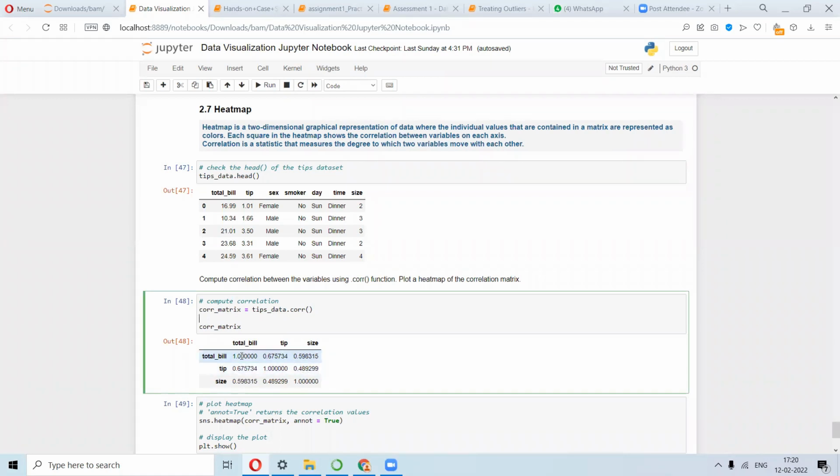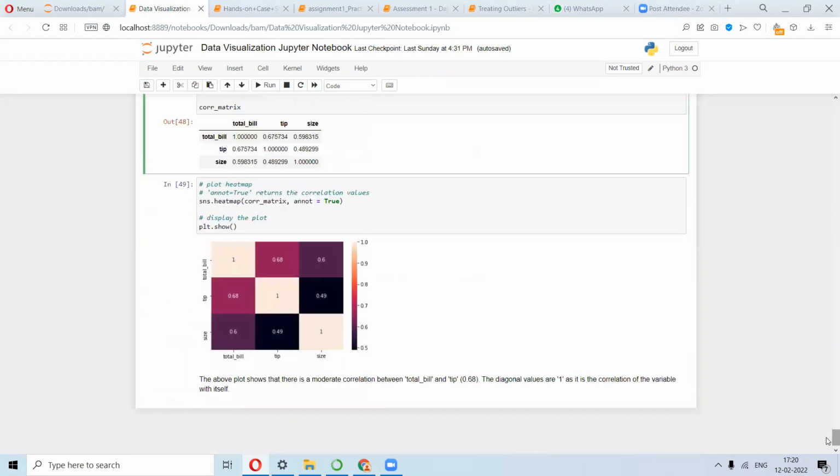Also see that when you are dealing with the same variable, all the diagonal entries are 1. The correlation of a variable with itself is always going to be 1. Now we convert the whole thing into a pictorial representation, which gives you so much information and is really easier to understand, giving you the gist at a glance. So you have heatmap of the correlation matrix with annot equals true, and then plt.show, which gives you this.